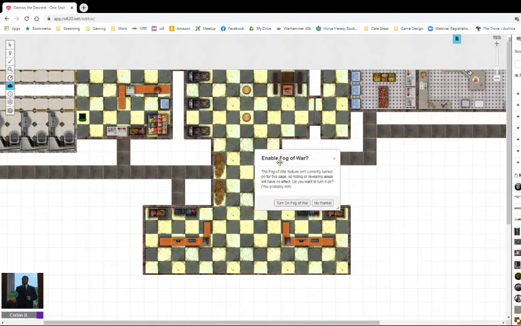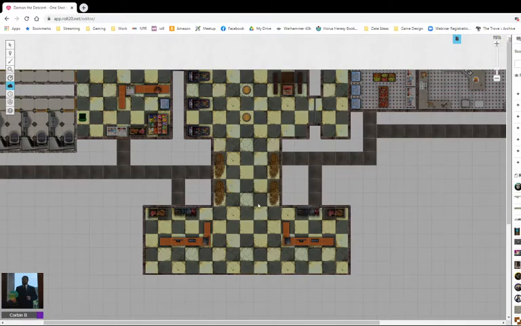select it here, and it says I don't have fog of war enabled right now, but I can turn it on if I just click here. What this does is it puts black wherever your players are looking, and if you want to reveal some areas, you can go over here, click reveal areas, and then now you have a drag tool